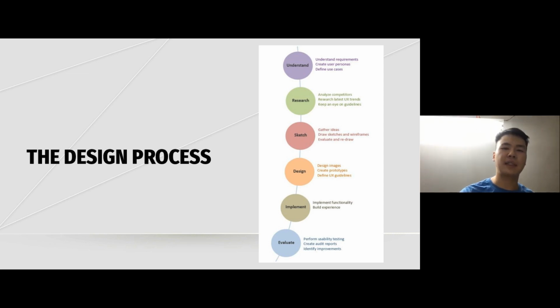I don't know if you guys can actually see the slide. You might have to zoom in or make it full screen or whatever. But what you see here is a typical design process. So as a designer, what I do is really try to understand the problem first. For example, taking the use case of Google, if Google wasn't developed yet, or if there was no such thing as Google,